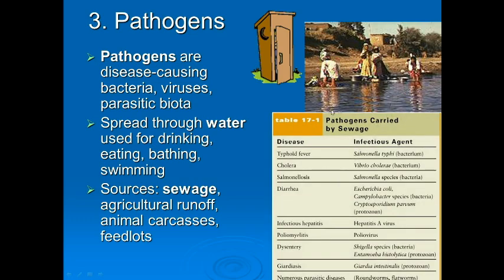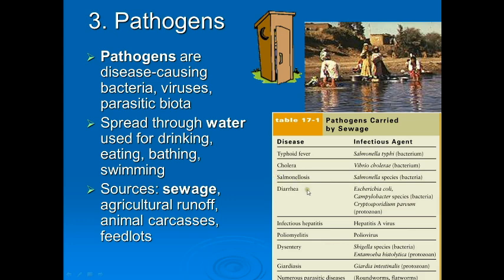So here is a table that shows pathogens carried by sewage. Typhoid fever is by Salmonella typhi. Cholera is Vibrio cholerae. Different Salmonella species can lead to